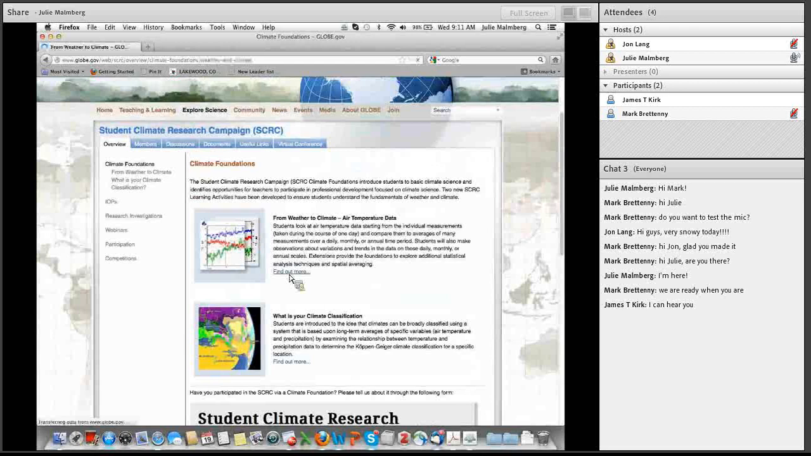So if we click on the Climate Foundations, you can see here we have different learning activities for your students. The first one's From Weather to Climate. The second one is What Is Your Climate Classification. So on this one, let's look at From Weather to Climate. You can actually print out